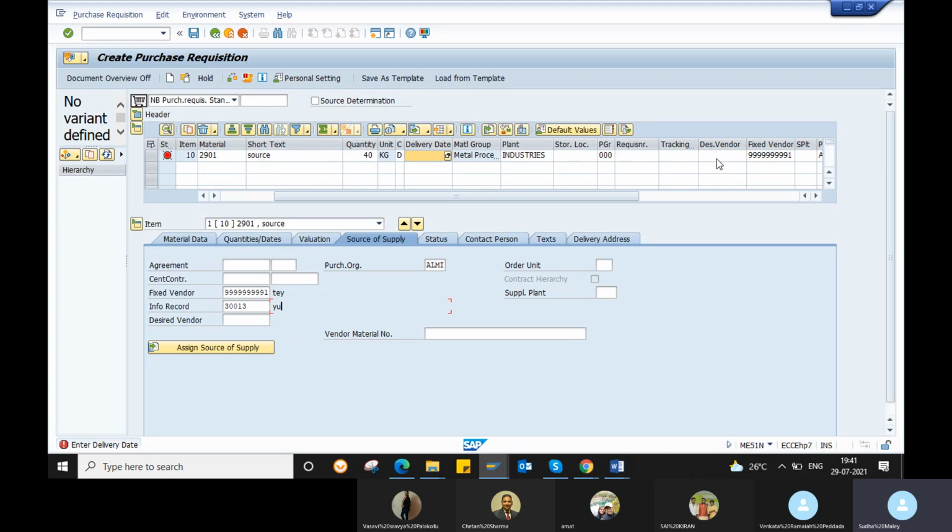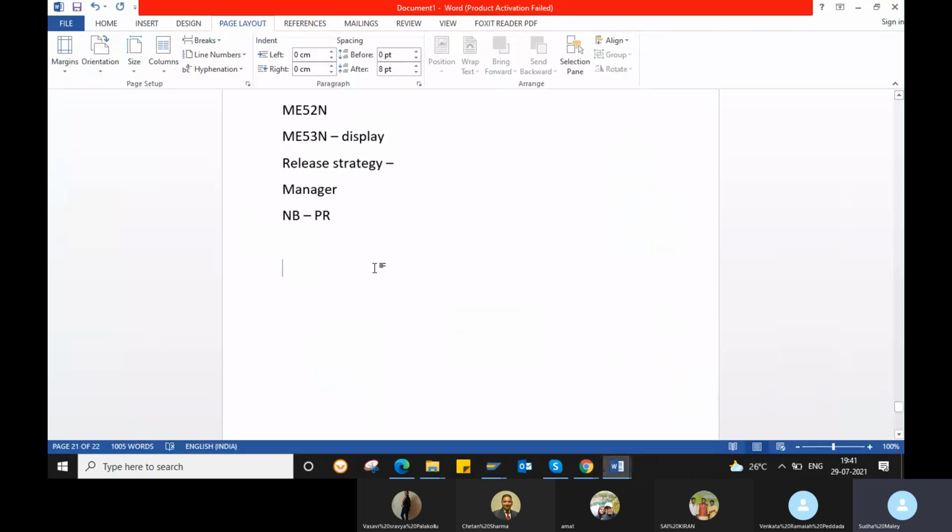Okay, so coming to the desired vendor. Here we have a fixed vendor, and here we have a desired vendor also. Desired vendor means, whenever the purchase requisition is created, it will be created by the requisitioner. The requisitioner is the person who is responsible for creating your purchase requisition.